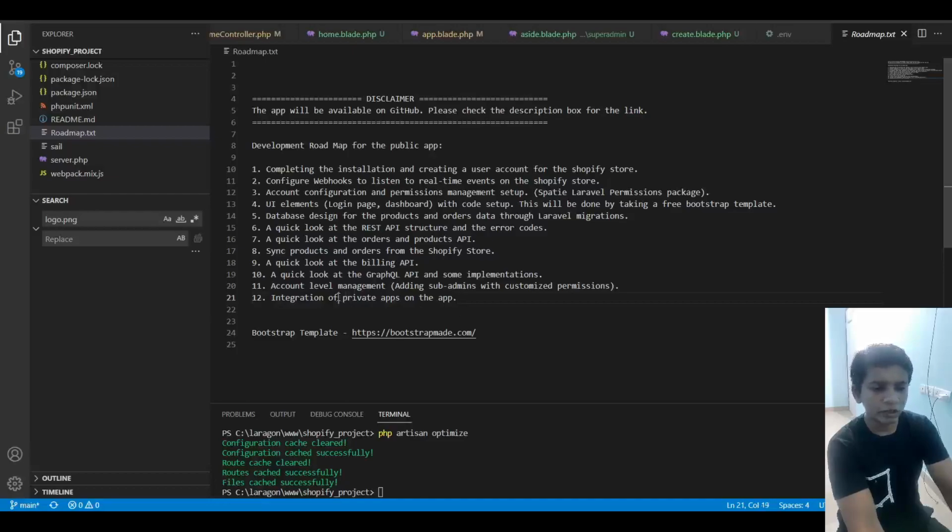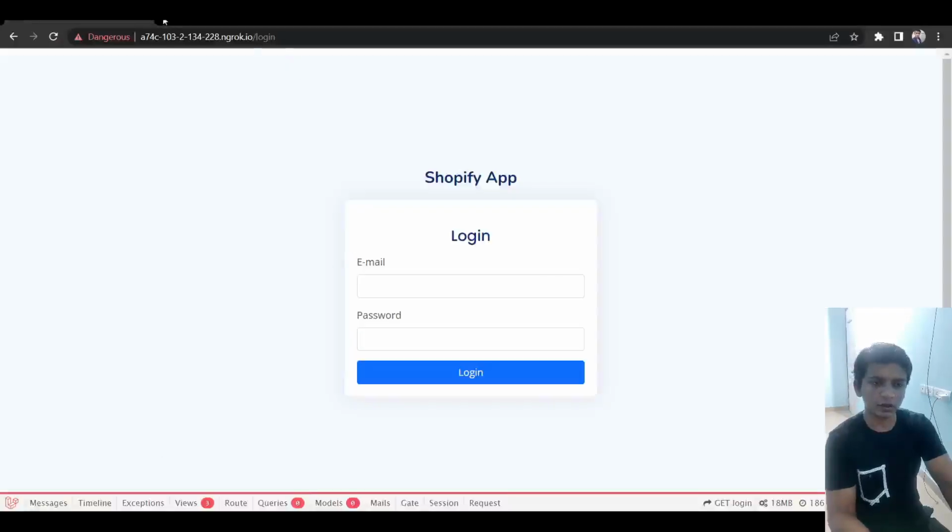So in this video, we will cover private apps, and it differs from public apps in a way that when you build a public app, you have to submit it to Shopify for them to review it. And then if it falls into their compliance of their rules, then they put it on the App Store. Private apps do not need that. So on private apps, you can just go to your